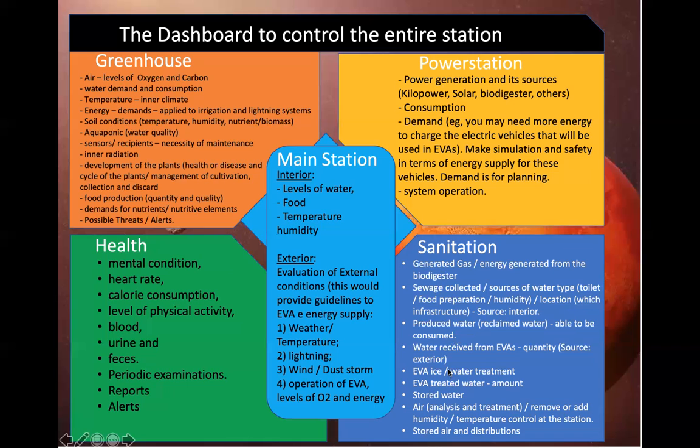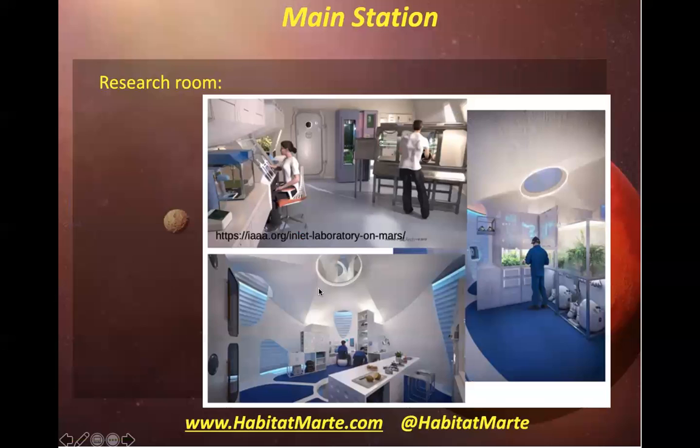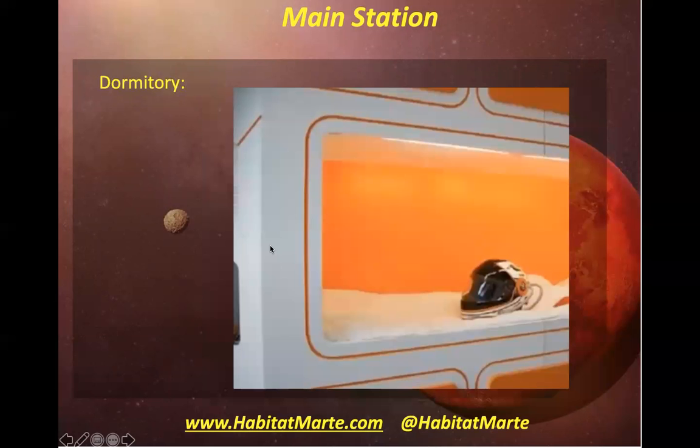Also, the ice received from the extravehicular activities, the quantity and the quality. And then the main station is contacting all facilities to have a conversation about these topics. And then a research room, also the dorm with a shelf, a place where the astronauts leave